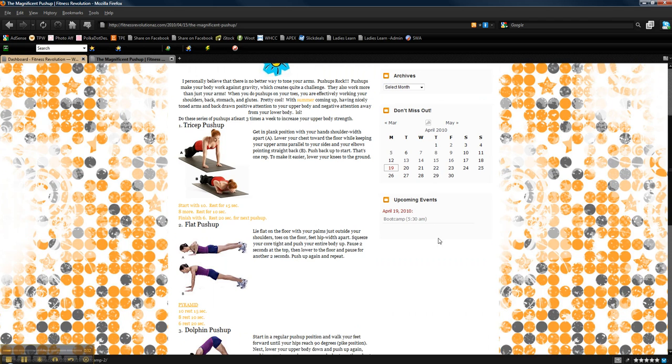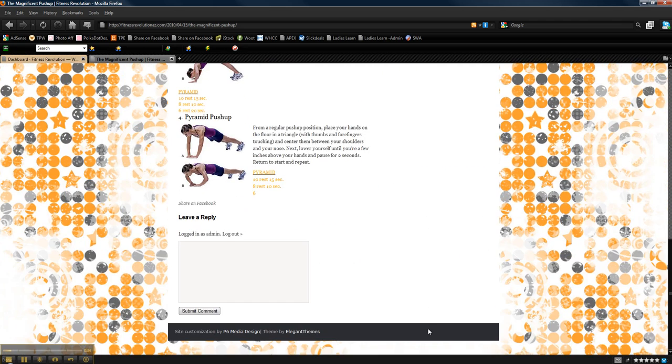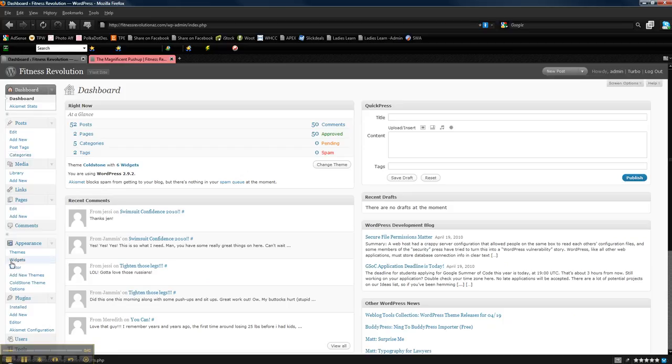This is your sidebar right here, main page sidebar. And then your footer down here. This is also a widget area that you can add. Okay? So if we go back here and click on widgets,